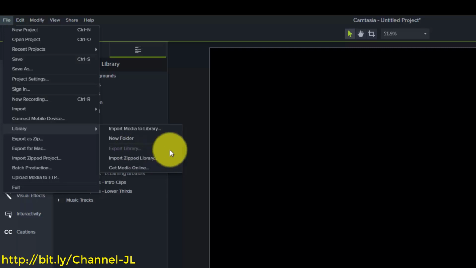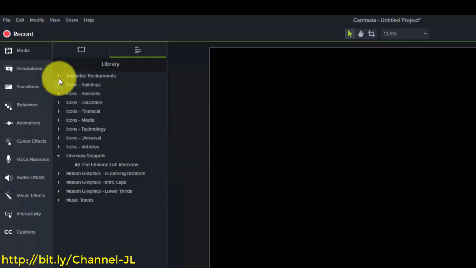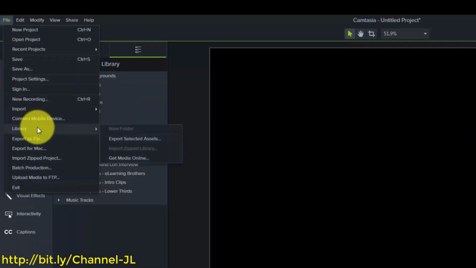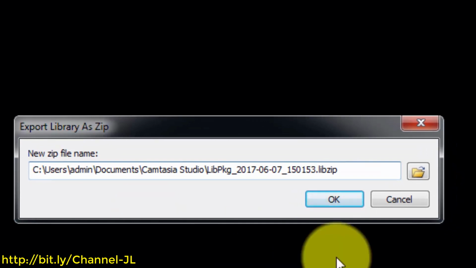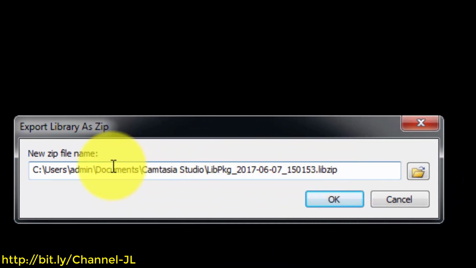And we're going to do that by going to the library, and we're going to highlight all of the items there. We're going to go back to the file menu, go back to the library, and then export selected assets. And then this is going to have a certain file name. You'll notice that it looks like a zip file, but it looks slightly different, and it's going to be specific to Camtasia. So we're going to click OK,